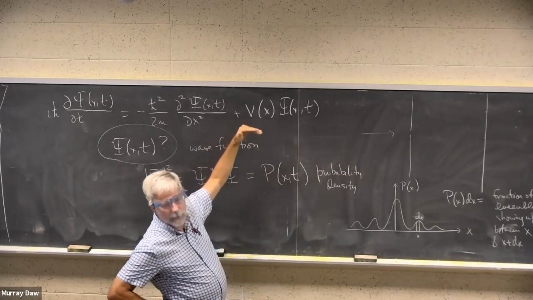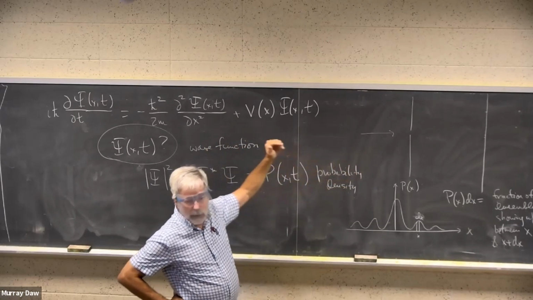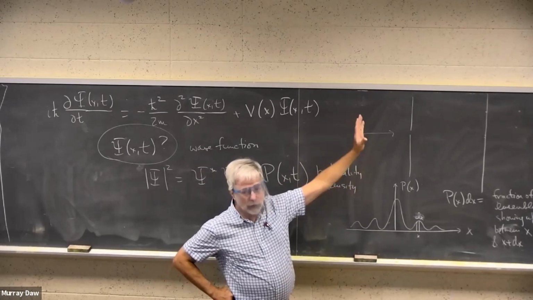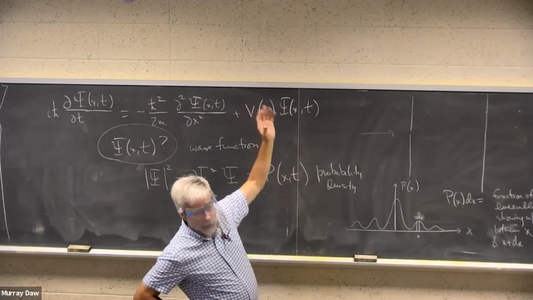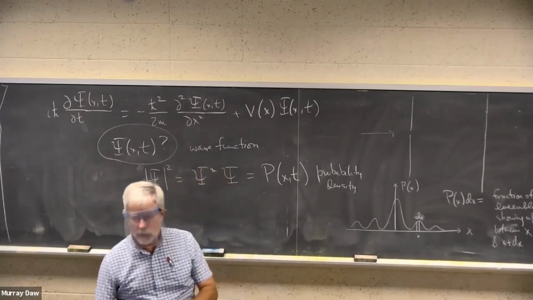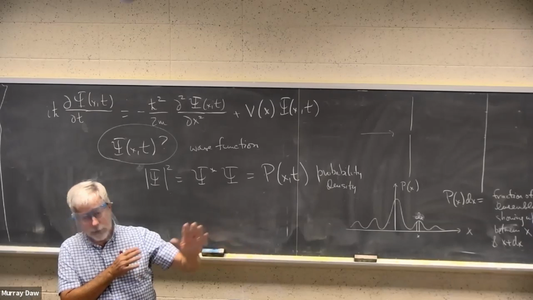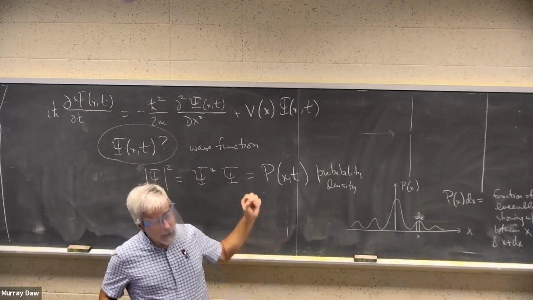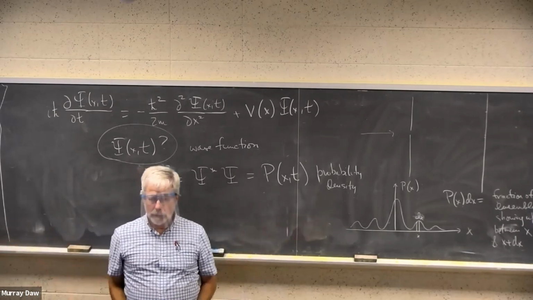Each electron is prepared in the same way. We could do it with one experimental setup and do it 1 electron at a time. As long as the experimental conditions are not changing, then we're doing an ensemble. Or I could take 1 million different setups and do 1 electron in each one. So the ensemble can be done in parallel, or it can be done in series, as long as the conditions are not changing, and each of these events are independent of each other, right? This setup is not affecting this setup, or at different times.